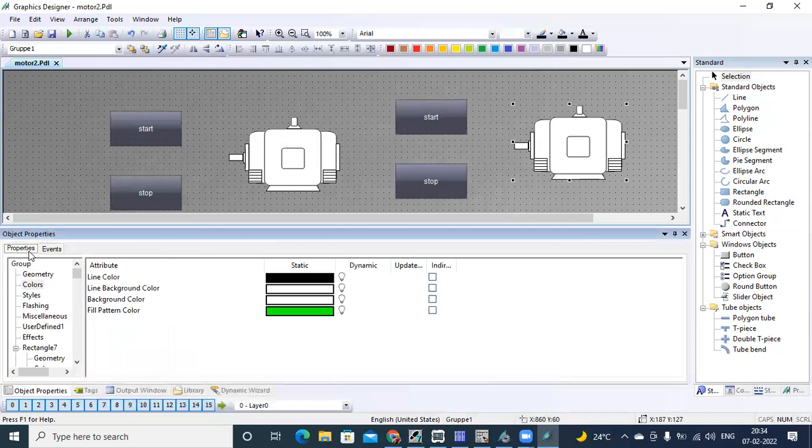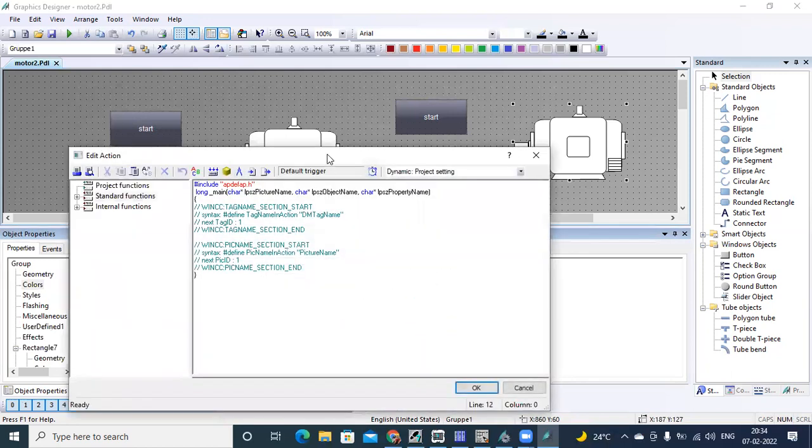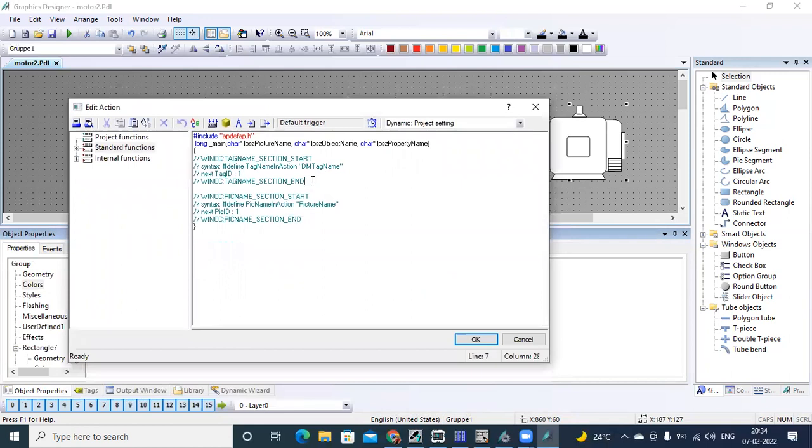So go to properties, colors, background color, right click. Instead of taking dynamic dialog, you can select C action for this. Now do you have any idea how to write a C action script? Does anybody remember C language?